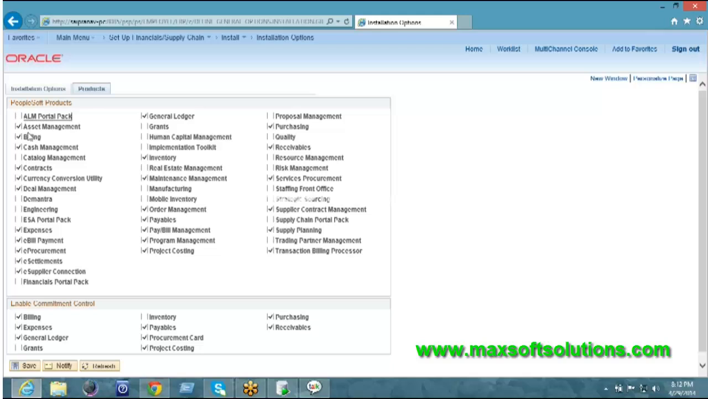Normally they will select those modules, and once they save, the components and pages linked to each and every module will be automatically opened for the configurations. Okay. For example,